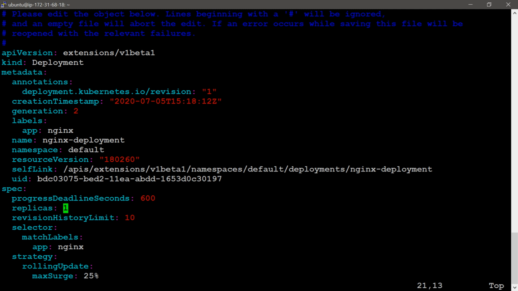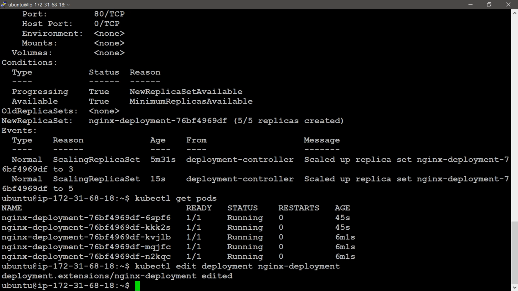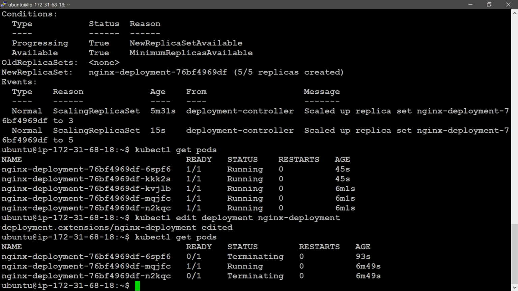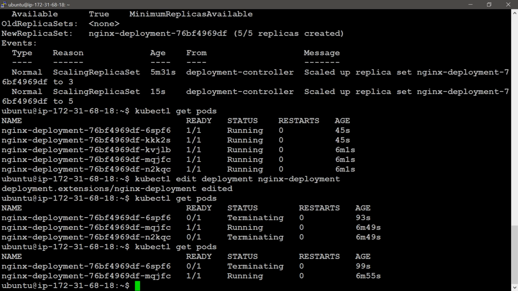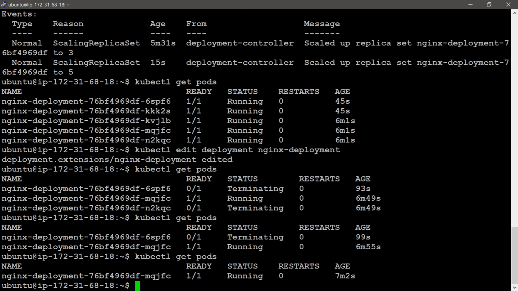I'm going to save. It will immediately update this file. You can see with kubectl get pods that 2 are terminating. One more time I will give the same command. One is terminating, one is running. Now we will see the nginx deployment name, then ready 1/1, status is running.